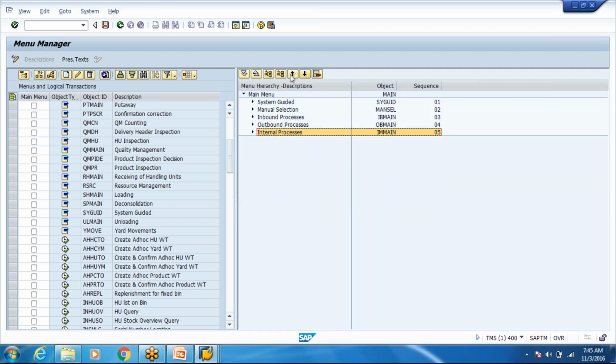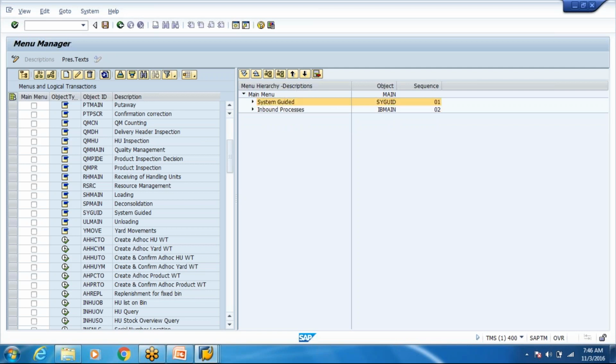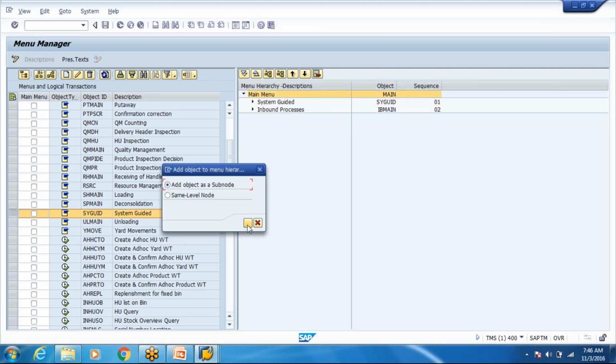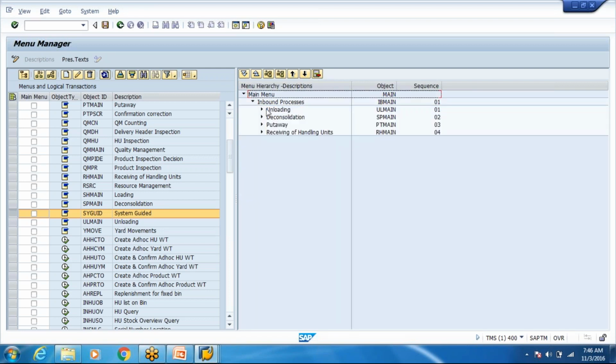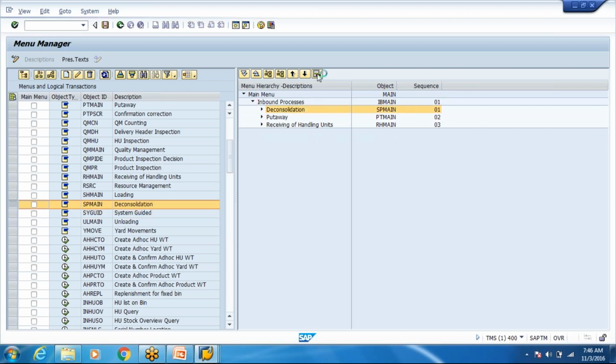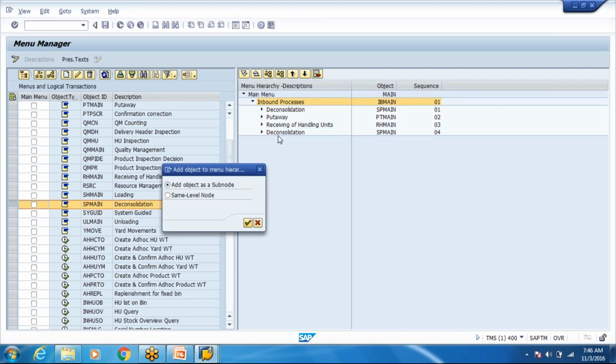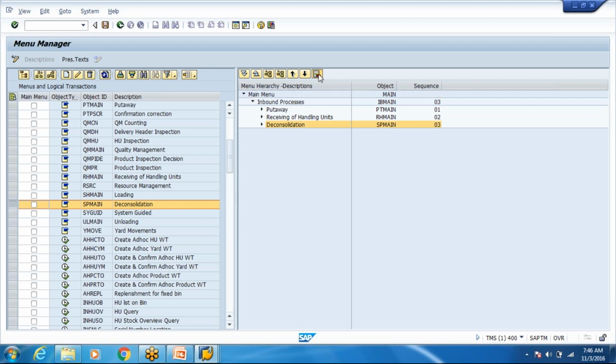So let's say my user is only allowed for inbound. I'll remove all others, and inbound also he should only do goods receiving.